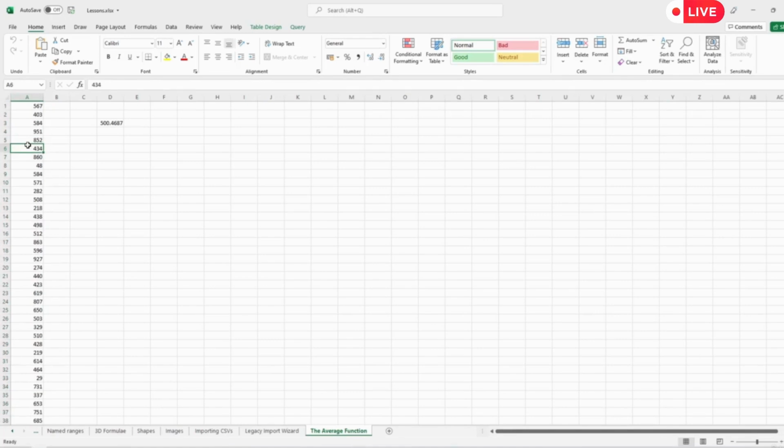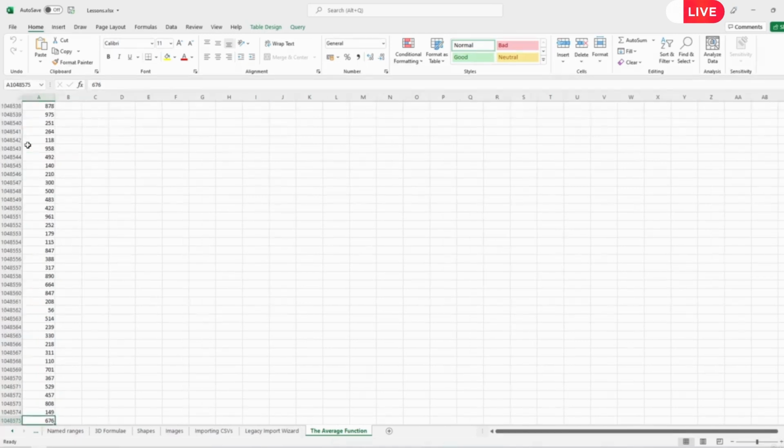And now what I'm going to do is hold down the CTRL, the control key. Now you've got 2 of those on your keyboard, I mentioned these before. 1 at the bottom left-hand corner and 1 just below your enter. You've got a shift and then a CTRL key. So you've got 2 of them. I often use the left-hand one, and then we're going to use the down arrow key. But with one hand, you can hold down the right-hand one, and then while you're holding it down, tap the down arrow key. And because I'm in that row, it will take me to the end of the data,